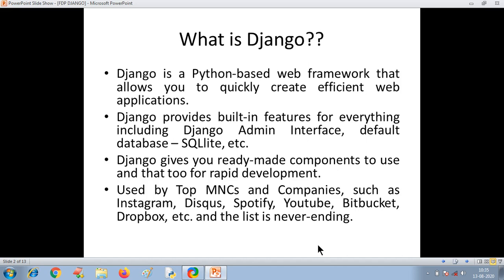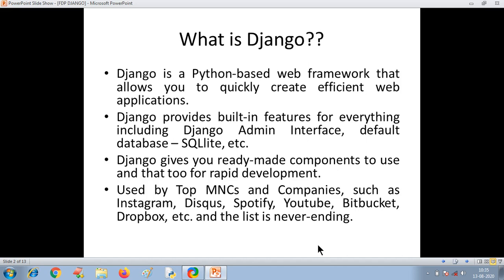It has so many ready-made components which are used for rapid development of web applications. Many top MNCs like Instagram, Disqus, Spotify, YouTube, Bitbucket, Dropbox are some of the examples which are using this Django framework for their web application development.